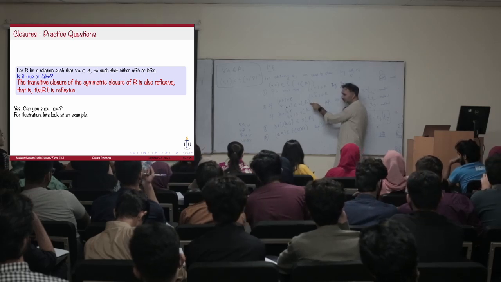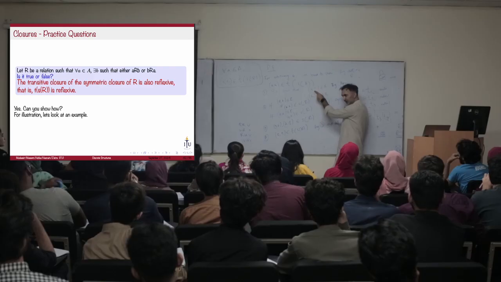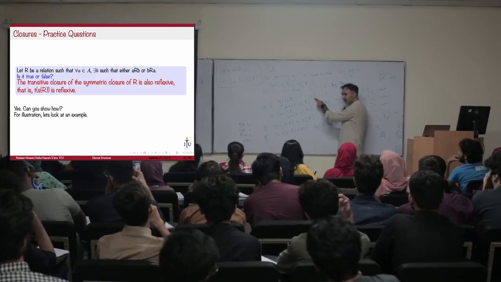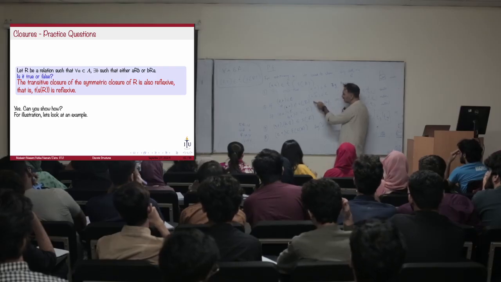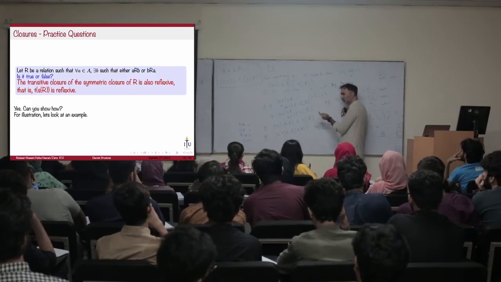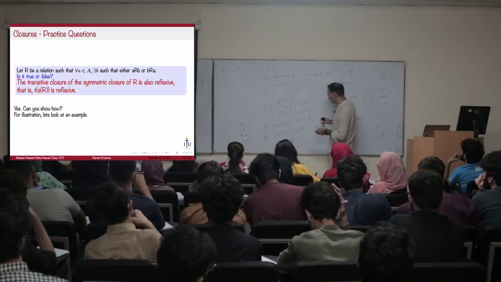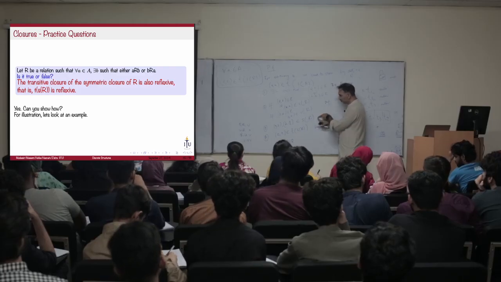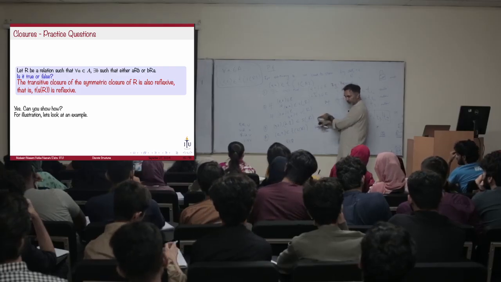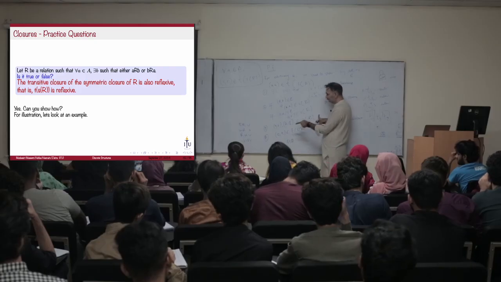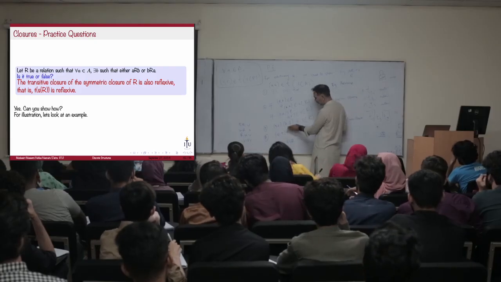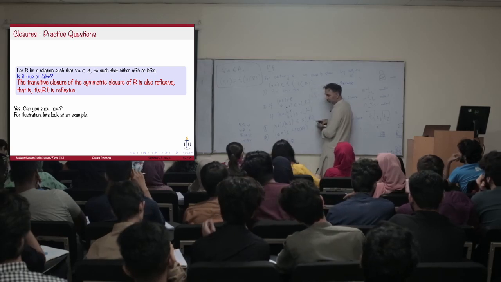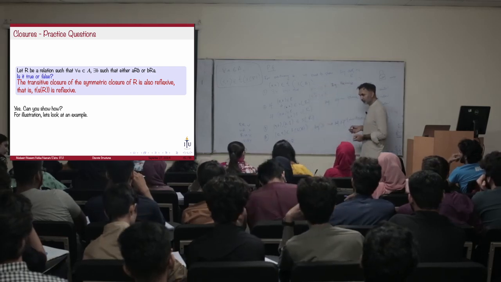ओके इसका जो सिमेट्रिक क्लोजर होगा उसके अंदर अगर ए बी था पहले से तो हमें बी ए ऐड करना पड़ेगा। ओके अगर बी ए था तो हमें ए बी ऐड करना पड़ेगा, विच मीन्स कि इसके सिमेट्रिक क्लोजर में ए बी भी होगा और बी ए भी होगा। ओके सो दिस इज़ वेयर वी वर यहाँ पे। ओके अब जो कुछ बचा है उसका हमने ट्रांसिटिव क्लोजर लेना है। ओके अब इफ़ यू हैव अ रिलेशन जिसके अंदर ए बी है और बी ए है, उसके ट्रांसिटिव क्लोजर में यू मस्ट हैव एन ए ए, है ना।